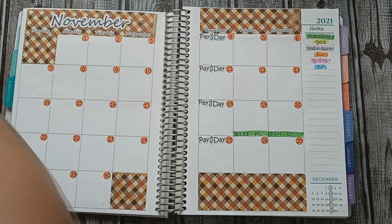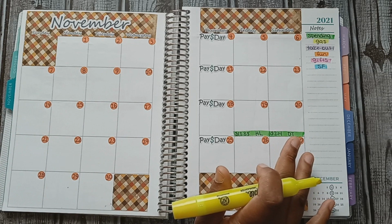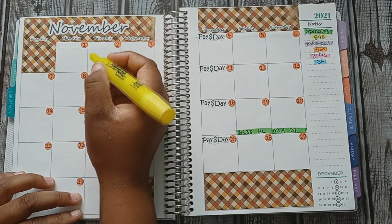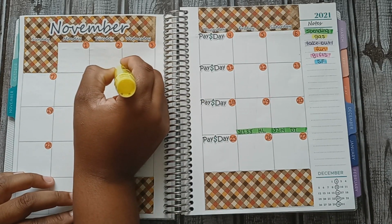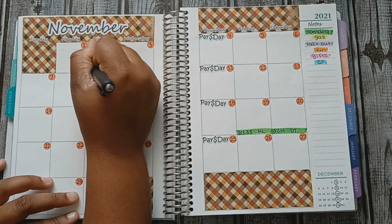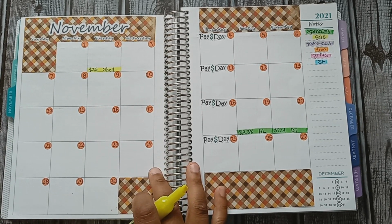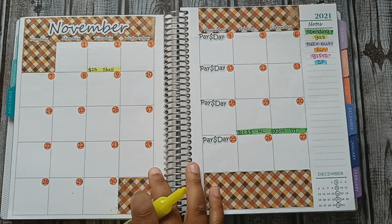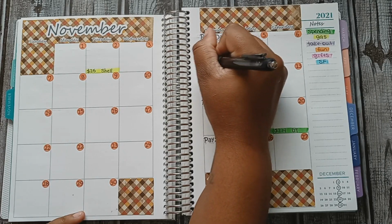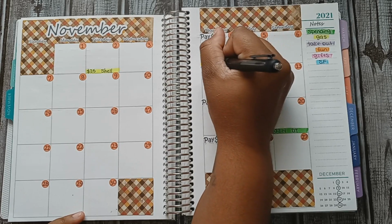So next is gas, and y'all know how I am with gas. We have a Ford truck and we have a Suburban, so yeah, we spent some money on some gas. So the first day for gas was on the 2nd. And that day I went to a store called Shell to get gas and spent $25. All right, so the next day for gas was on the 4th. And also went to a store called Shell. I'm not sure if it's the exact same one, but I spent $51.21